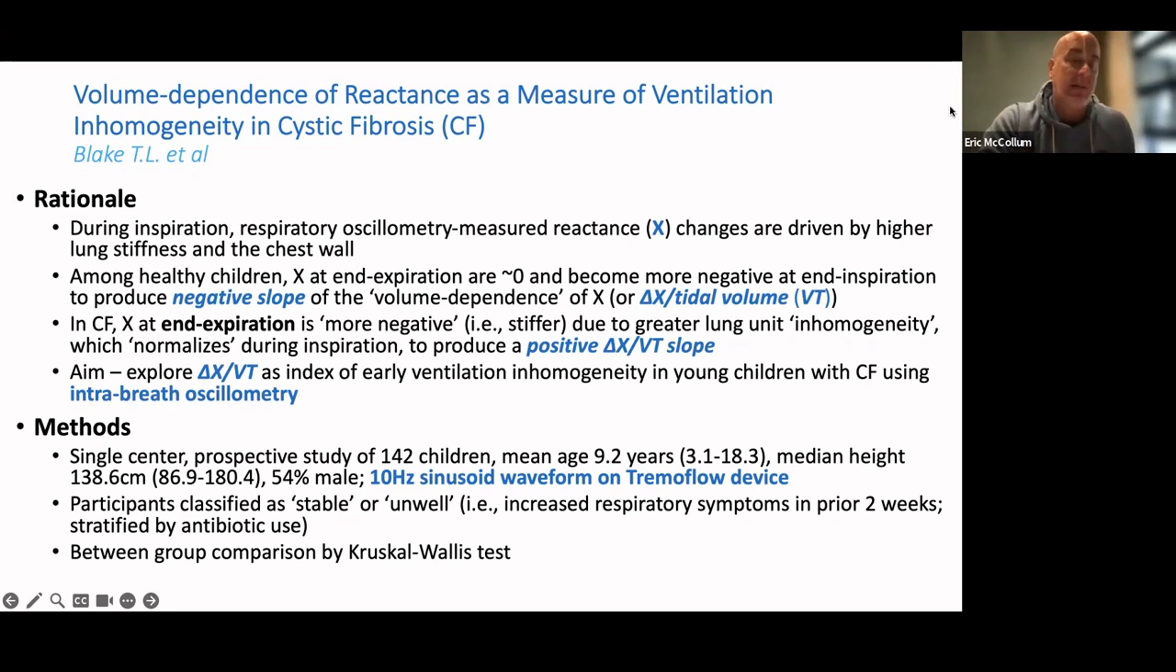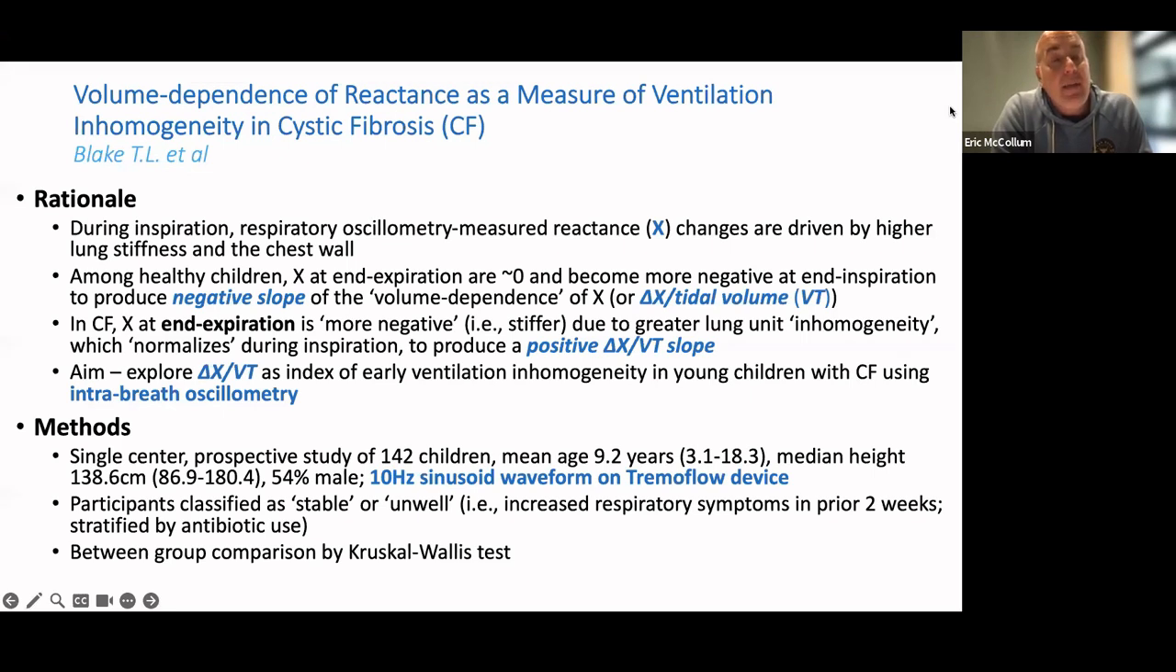In cystic fibrosis, it's a little bit different in that the reactance at end expiration is more negative, rather than being around 0, as in healthy children. So a bit more stiff, potentially, which makes sense physiologically with the underlying pathophysiology in CF. And this is due to greater lung unit inhomogeneity. Interestingly, this normalizes during inspiration to produce a positive volume dependence relationship in this delta X over VT